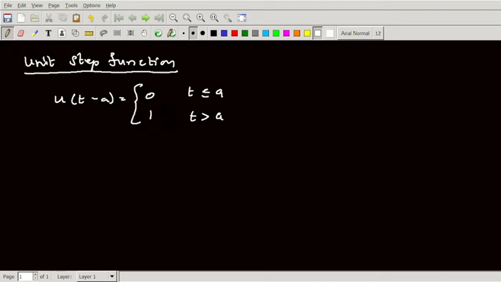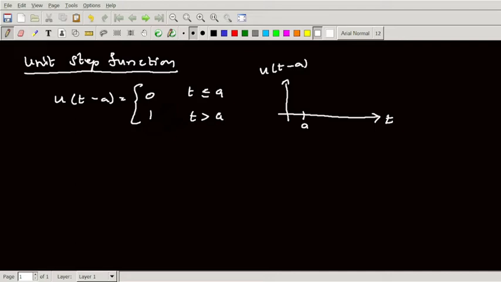Here in electrical and electronic branches, people use the diagram. We consider this axis as t and this one as the function u of t minus a. After we get into the classroom or the house and switch on the light, it happens after some seconds or some minutes. That timing we do not know, so we consider the timing as a, and the current is supplied to the circuit after this a.